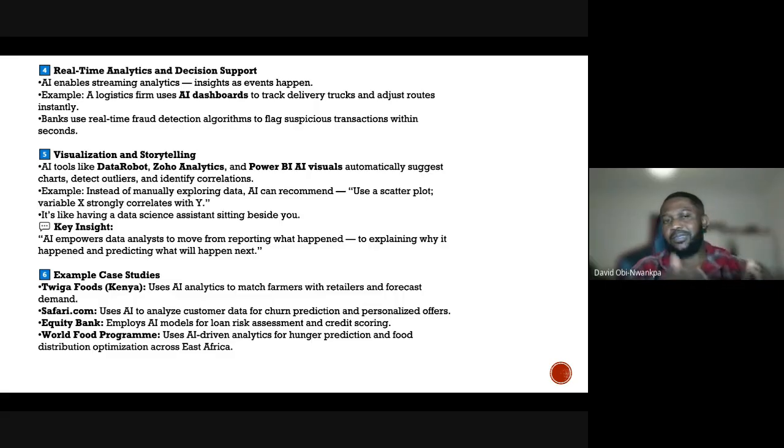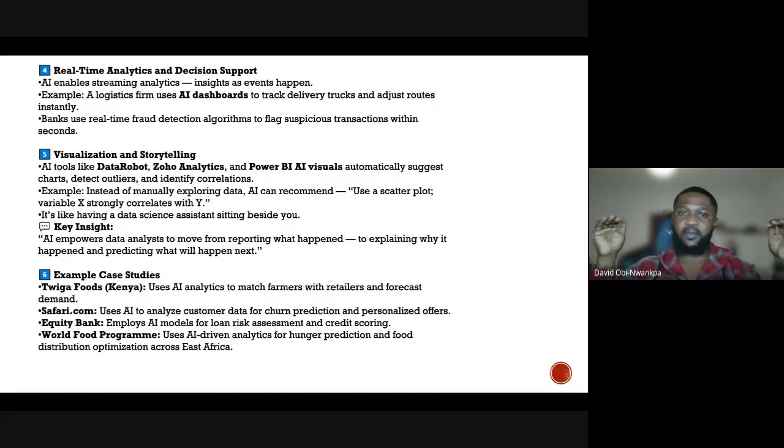Another example, I went further to give more examples just so we are on the same page, so we understand how AI can help from cleaning, from predictive analysis to real-time analysis, and then the visualization and storytelling. So every data analyst is a storyteller. Every data analyst needs to have good visualization, so that people that are not from a technical background understand what the technical jargon is. That's just what it is. You use your line graphs, you use your pie charts to make it concise, just so everyone is on the same page.